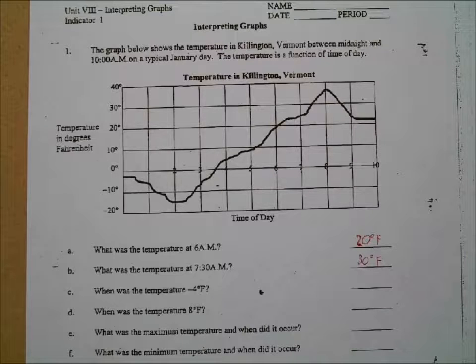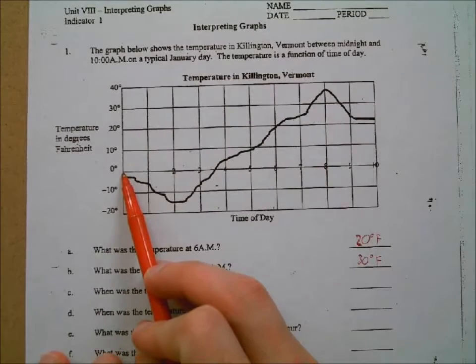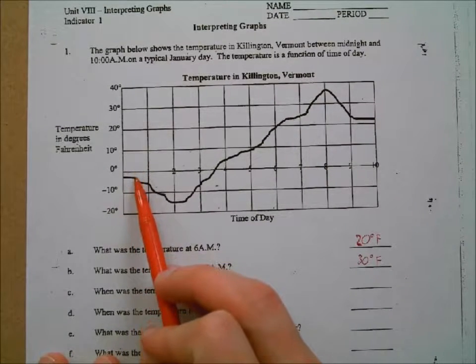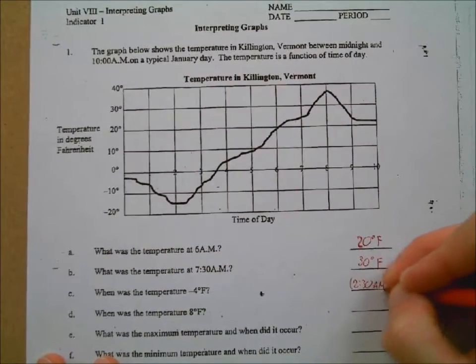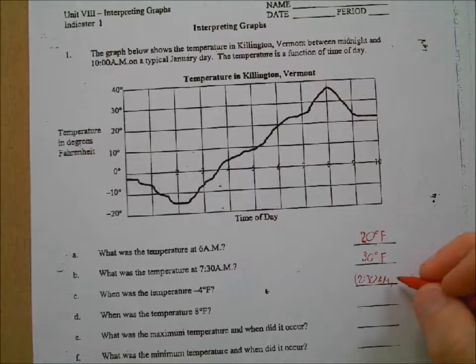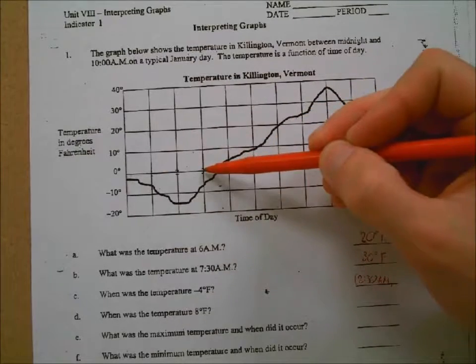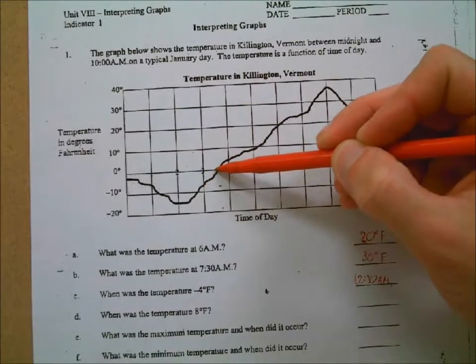12:30. You said 12:30? All right, so let's see here. So here's 12, right? Or 0, if you want to say that. But 12 and then 30. Okay, I can see that being -4. So 12:30 a.m. Okay? Very good. It happens again, too, doesn't it? Yeah. Alex, yes. Very good. All right, so Alex, where else does it happen? I would say around 3 a.m. Okay, exactly 3 a.m.? I'd say around. At 3, we're maybe a little bit more than halfway. I'd say maybe 3:30 or 3:20 or something like that.